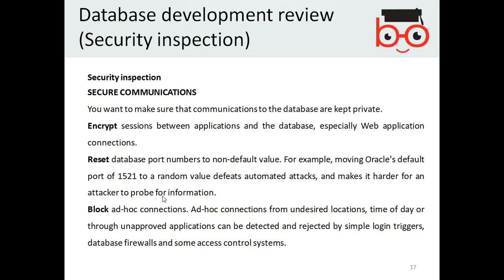If there is any unknown, new location, then obviously it should be restricted. For example, you must have noticed that if you are traveling abroad, then some of the applications don't work. Maybe the internet doesn't work, and they restrict you: this account cannot be accessed from this country. You need some extra security checks. You must have seen this, yeah?